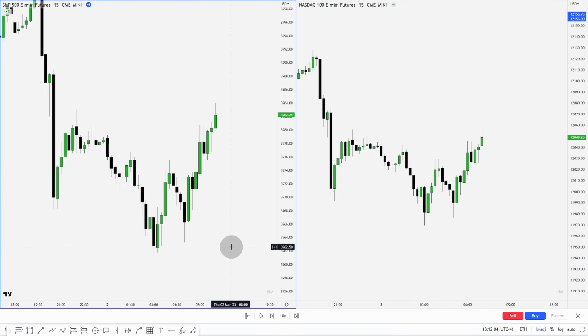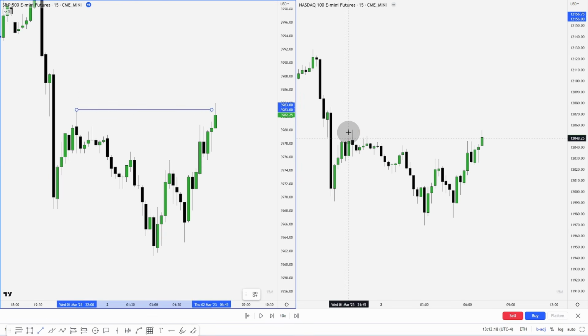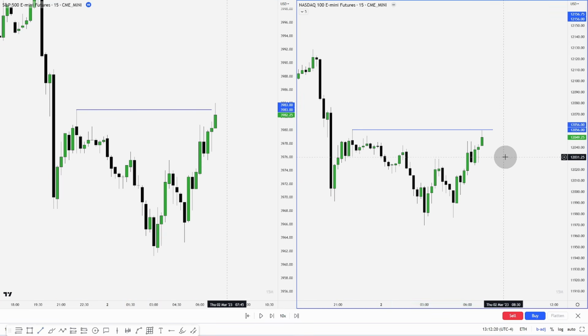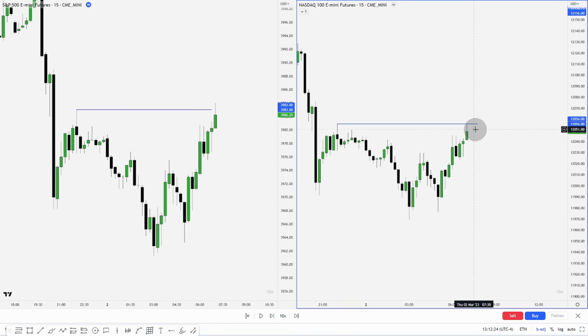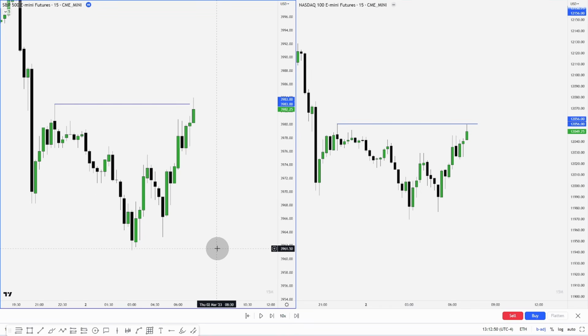The last few examples here, I have a blank chart. If you want to take a minute and look at the lows and highs, see if you see any possible SMT, feel free to do so before I begin. And the high we'll be looking at is right here. So if you notice, S&P takes this high, NASDAQ doesn't. This indicates a possible reversal in this area if it fits the other confluences. So letting this play out,